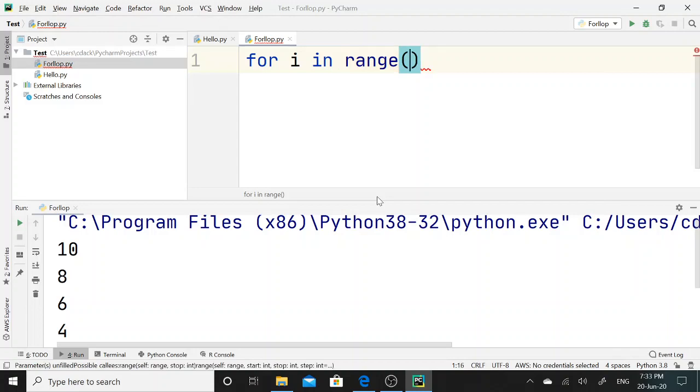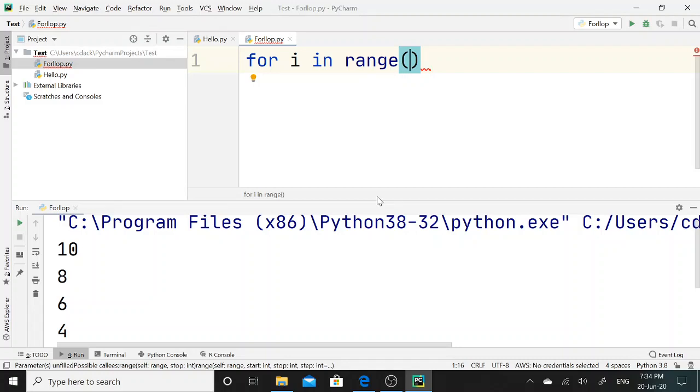In the range function, you are supposed to pass three parameters. One is for start, from where you want to initialize your for loop. Second parameter is for stop, that is where you want to end your for loop, but the number you mention at the stop will not be included in your range. And the third parameter is optional, either for increment purpose, that is step by 1 or step by 2, or for decremental purpose, that is step by -1 or step by -2.